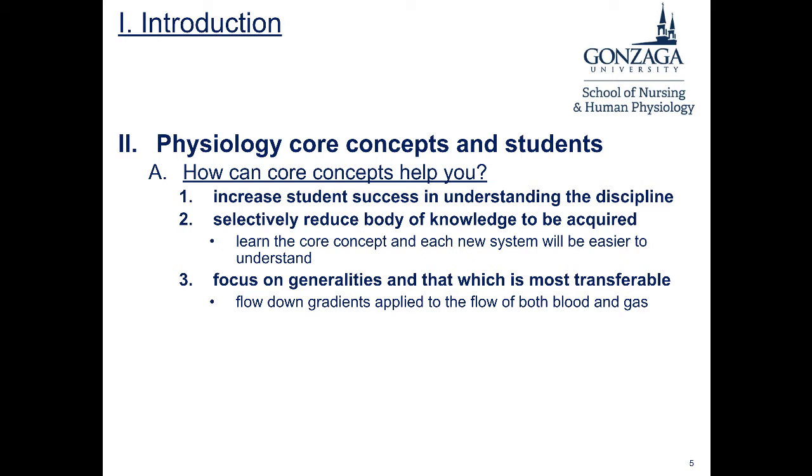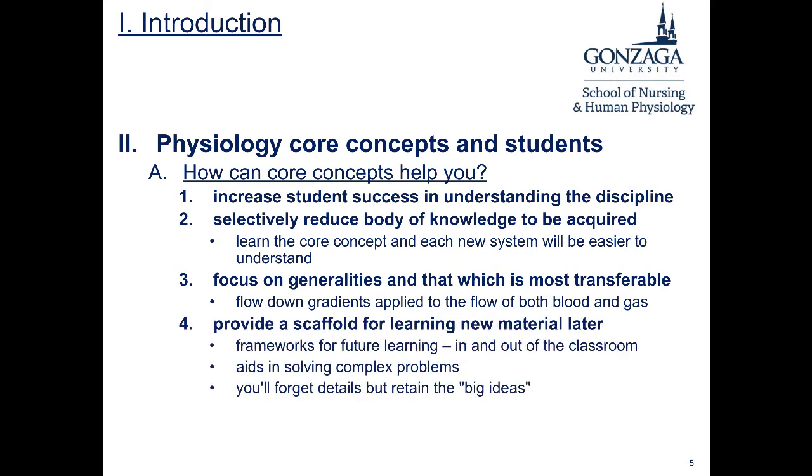In another way they can help you, core concepts can focus on generalities and the information that is most transferable. For example, the concept of flow down gradients can be applied to both the flow of blood and the flow of gas within the circulation. Okay? I'm not trying to dumb down or generalize concepts, but these core concepts are general in nature so that they are transferable. And the last thing is that hopefully they can provide a scaffold for learning new material later,